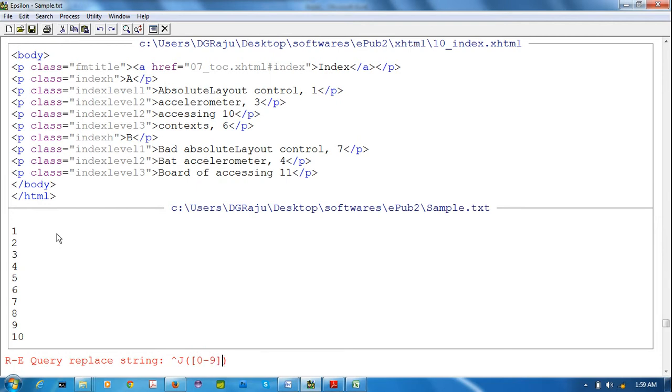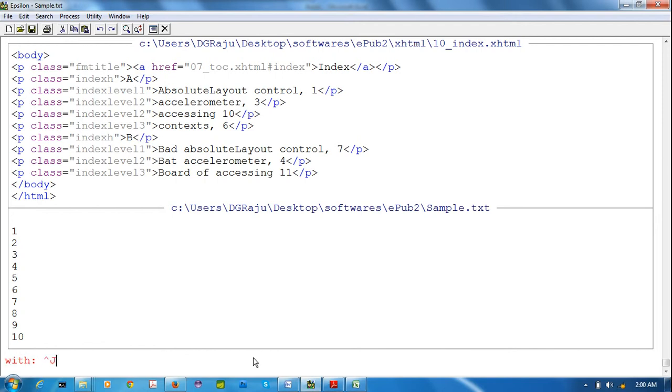One number is there, and more than one number. 0 to 9 means it will search only single digit numbers. Whenever I give plus, it will search double digit numbers also, triple, fourth, like that. Okay, for that I am giving enter.